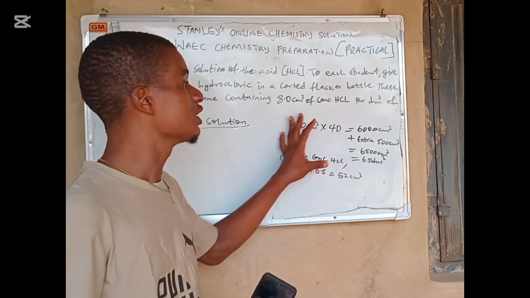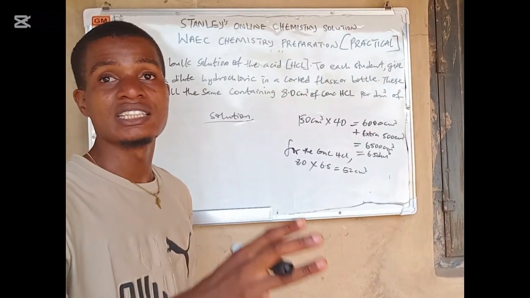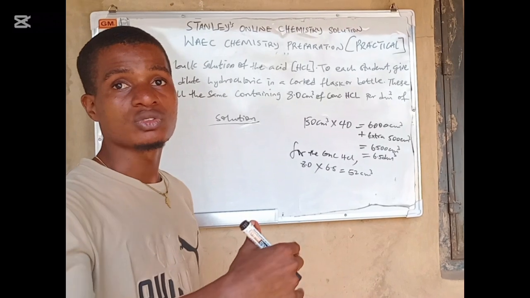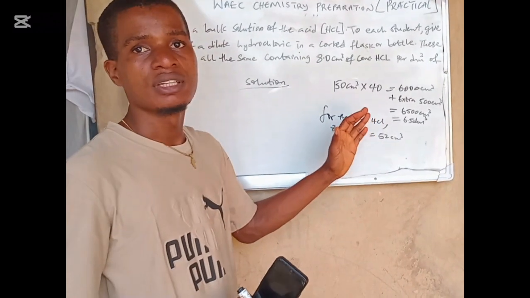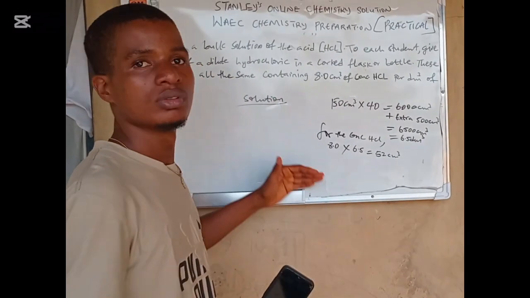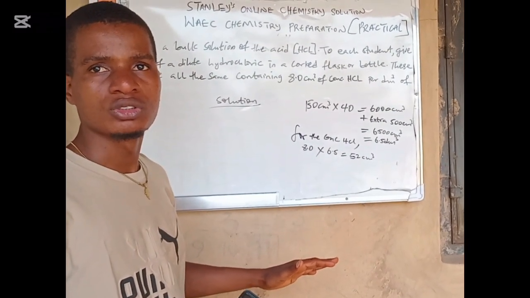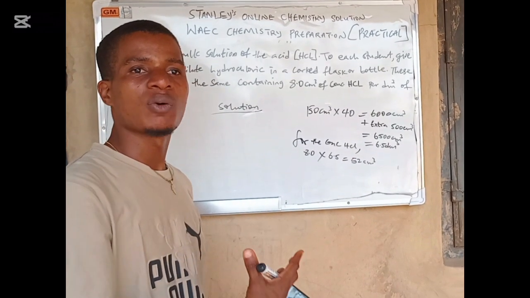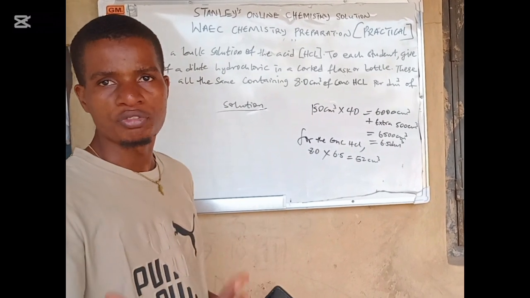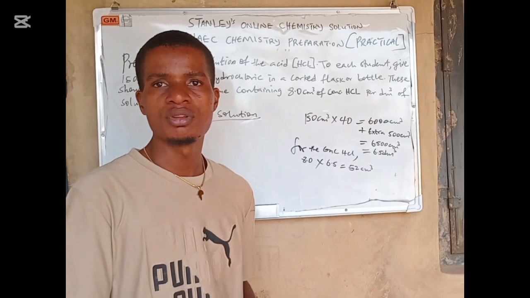So when you have done it and done it for the base, you now start sharing it to the students, where the students will record everything, even the concentration given. Then they move over to the identification of ions. Now there are reagents that WAEC expect the school to provide for the students. If you need HCl, if you need